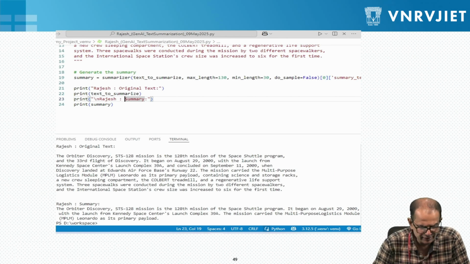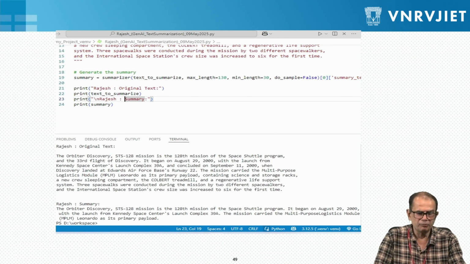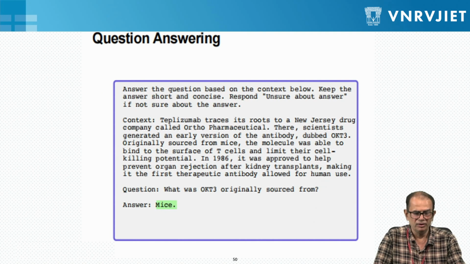Let us show you a Python program where I have given the prompt to get the summary. As you can see here, we have given the input and subsequently the summary is given to us.